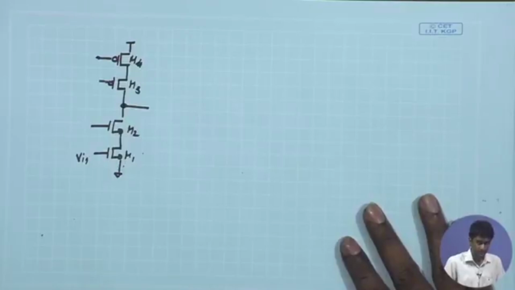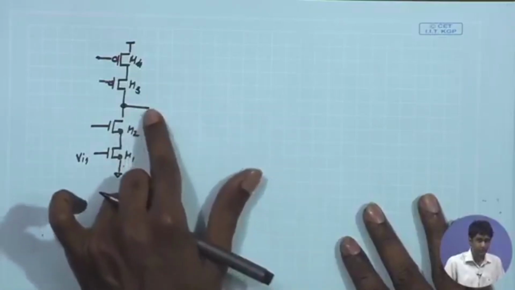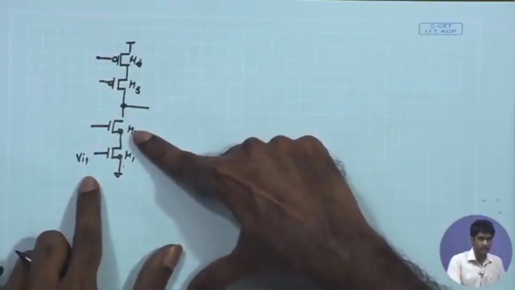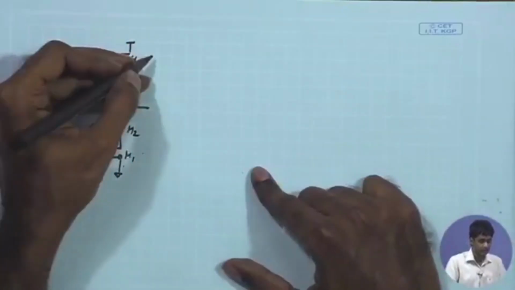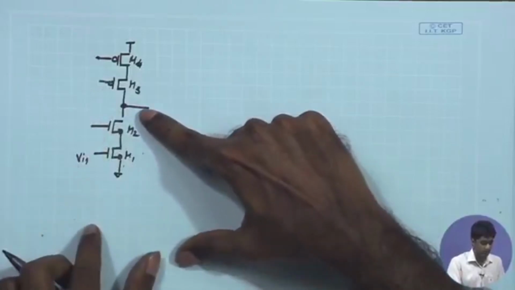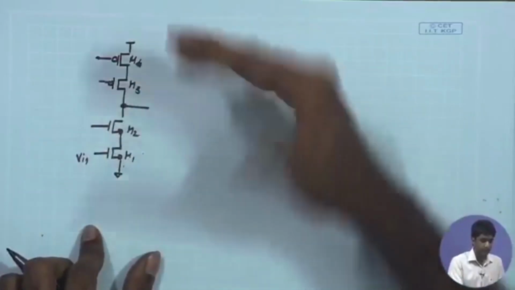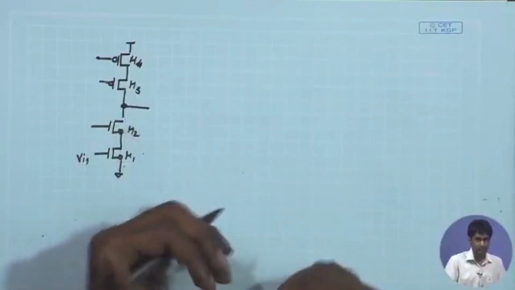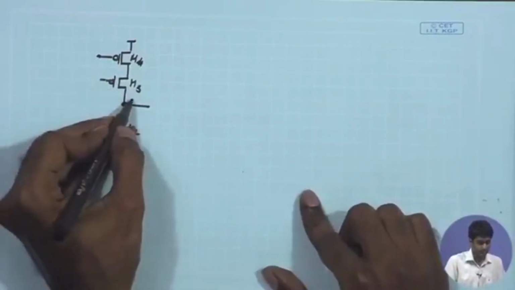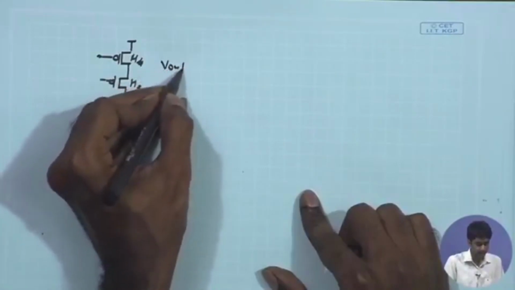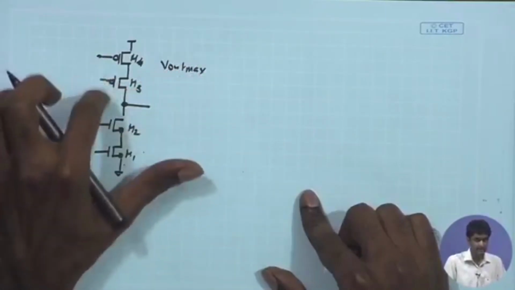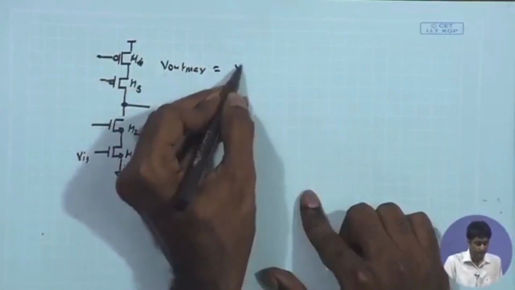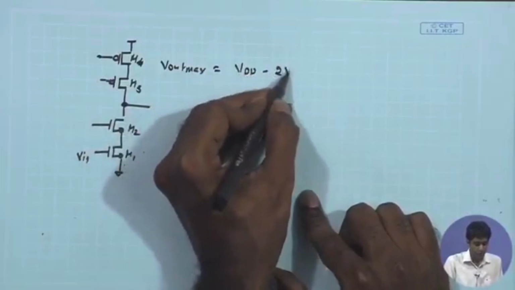The disadvantage, as we discussed, was the swing. The input as well as output signal swing will be limited. So from the output point of view, we saw that the best that we can do is to get an overall swing of VDD minus 4 V overdrive. That is the overall peak to peak that you can get, because what we saw is that the maximum V out max that you can have, assuming that these gate voltages are in our hand and you can set them. So V out max that we arrived at was equal to VDD minus